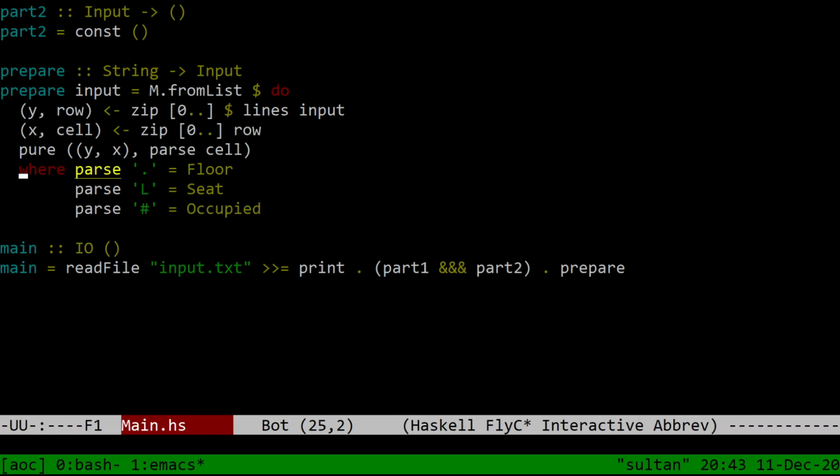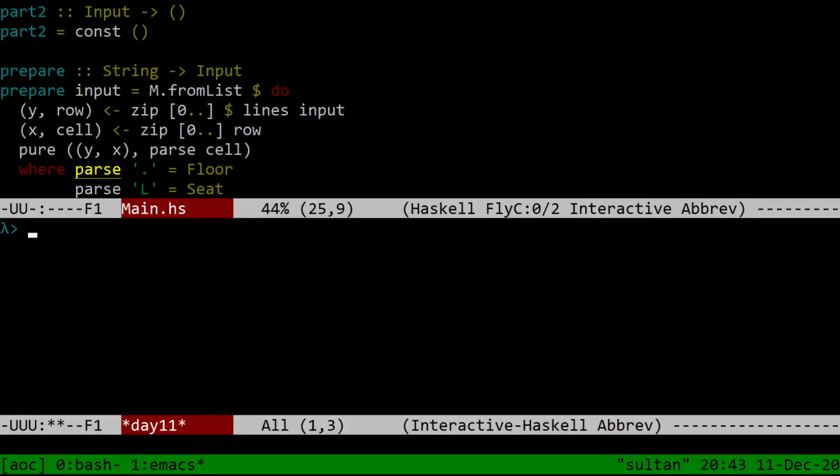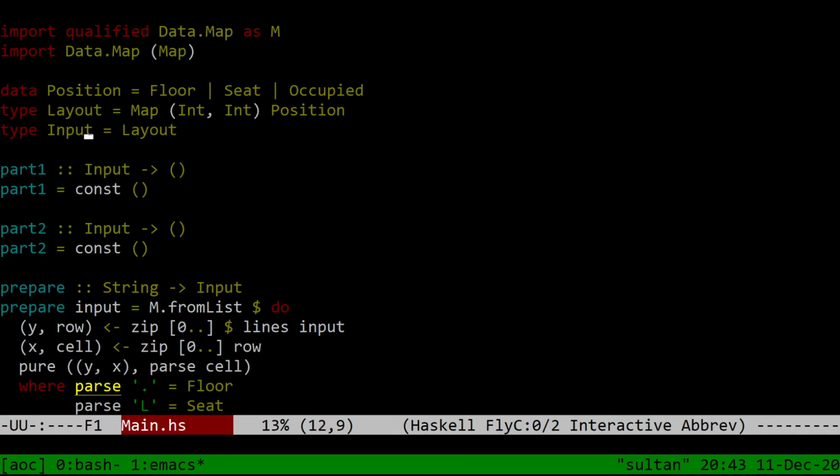And these pattern matches are incomplete, so it will complain, but that's all right. I could handle this better, but I don't really want to. So let me make sure that I have all this right, and we'll derive show here,